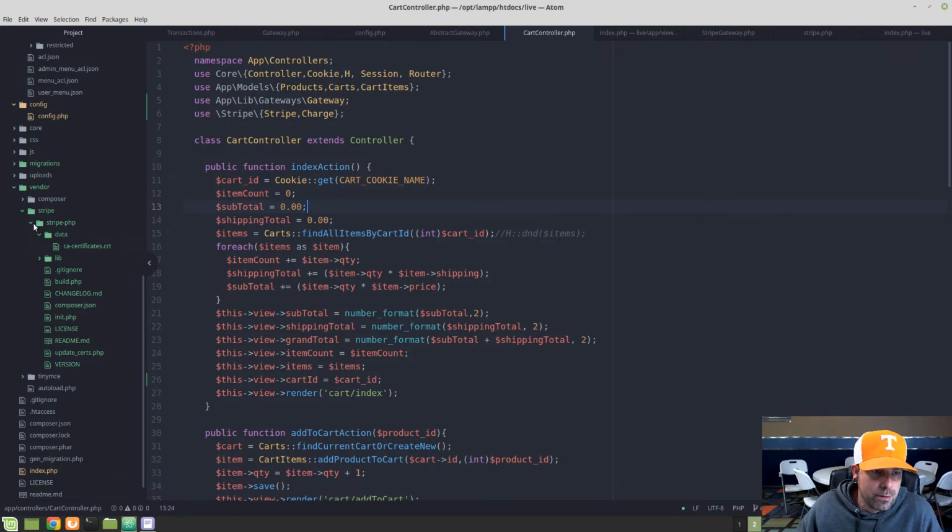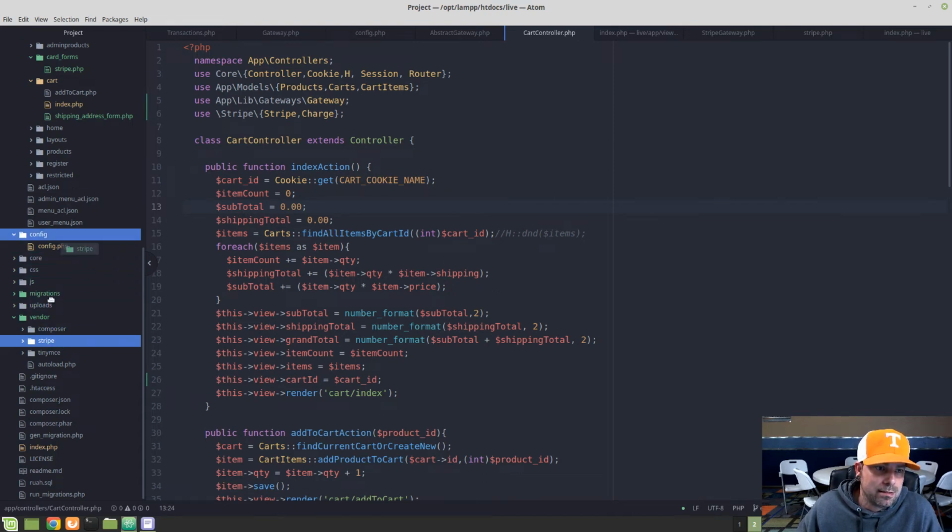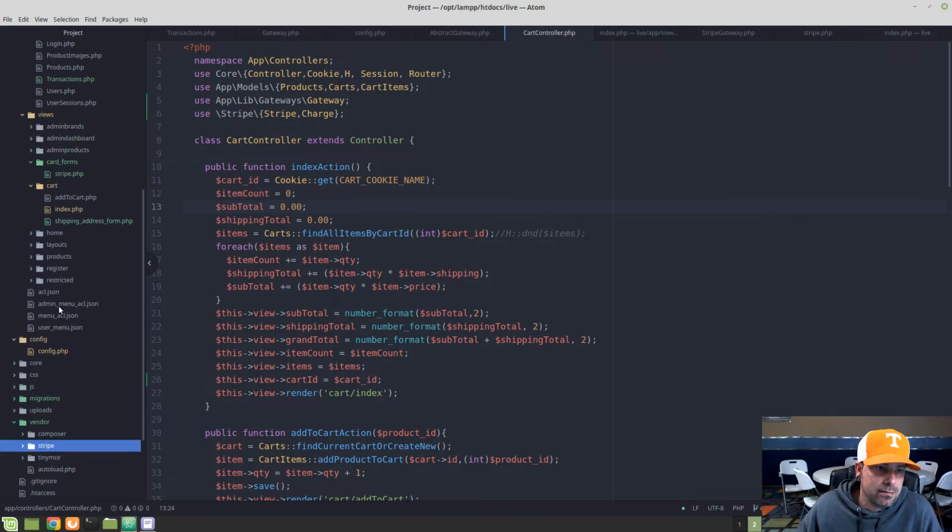I don't know how Composer does it, but I probably shouldn't have added it here because I didn't use it through Composer. Composer probably updates some files so it knows where this stuff lives, and that's probably what's wrong here. And so what I'm going to do actually, and this isn't what I want you guys to do,